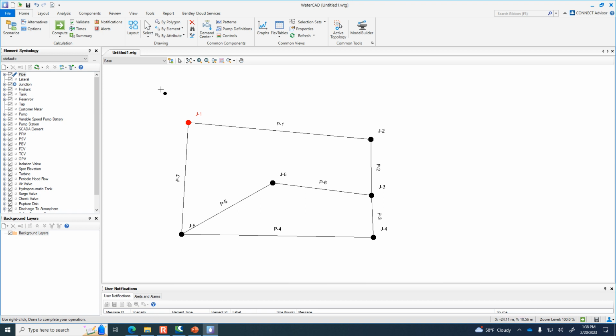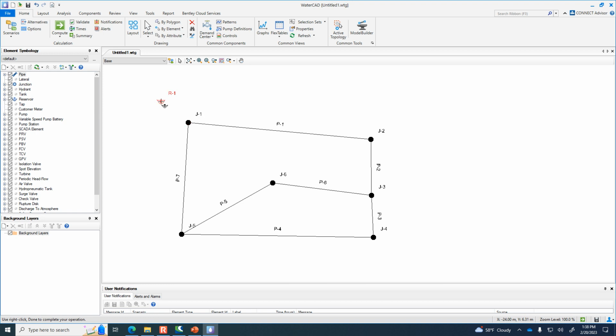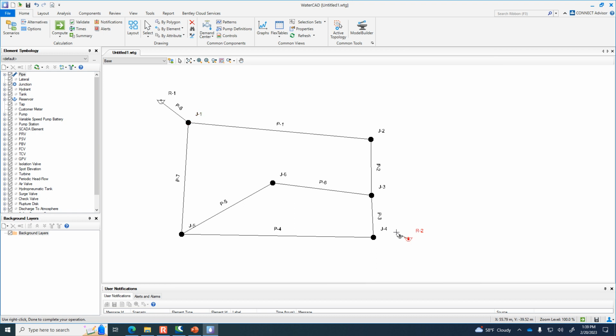The other thing I want to do is add the reservoirs. If you right click, it's going to change from junction to reservoir, and then just click in some location that's adjacent, and then right click again, back to junction, and connect it to junction 1, which is A. And then we need to add the reservoir over here near D. So reservoir by D, right click again, back to junction, and just connect the dots over here to this junction 4, which is really D. All right, so we've got a pipe network. Water comes into the network through these reservoirs.